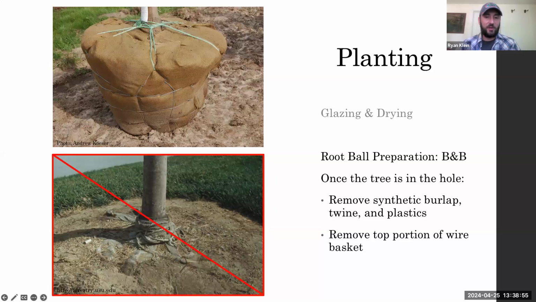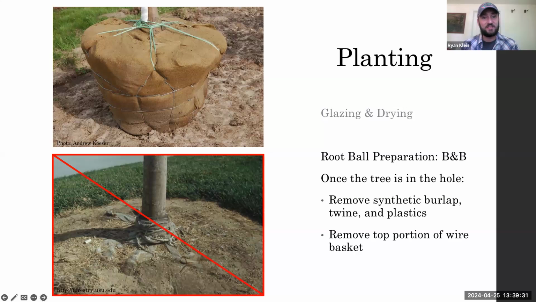And then as far as preparing the root ball, just make sure you remove any synthetic materials. So, that twine around the base of the trunk of the tree. If you have synthetic burlap, cut as much of it off as possible. As far as wire basket goes, there's lots of different camps on that, but we've done a study on that, and it was a 7-year study, and basically we didn't find any detrimental effects from leaving the wire basket on, at least in a 7-year period, as far as growth, stability, anything like that.